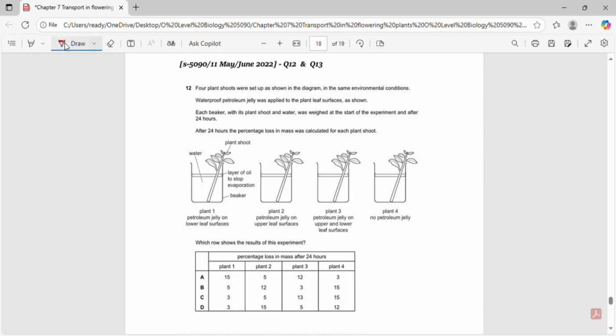Now, we need to recall that most stomata are found on the lower surfaces of leaves, so blocking the lower surface will greatly reduce transpiration. Covering only the upper surface will have a smaller effect, because there are fewer stomata there. Covering both surfaces will reduce transpiration the most, while leaving the leaves uncovered will allow the highest rate of water